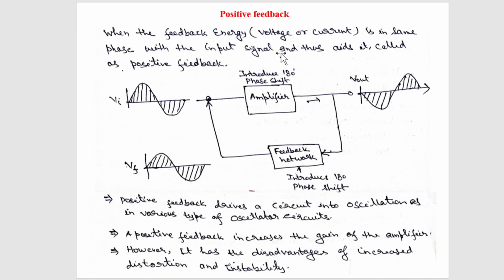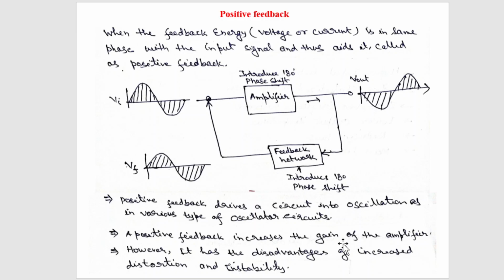And as I discussed, the basic drawback of the amplifier was that if a small disturbance, a small distortion, or noise appears at the input, that will be amplified 1 million times at the output. So noise will also increase. If you have an amplifier with positive feedback, and noise comes into the amplifier, that noise will persist for a long time and will be amplified. That is the basic disadvantage of positive feedback, because the distortion and instability of the amplifier will be increased because of the gain in the positive feedback amplifier.